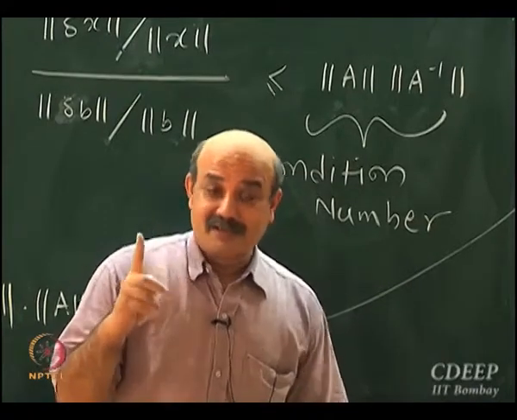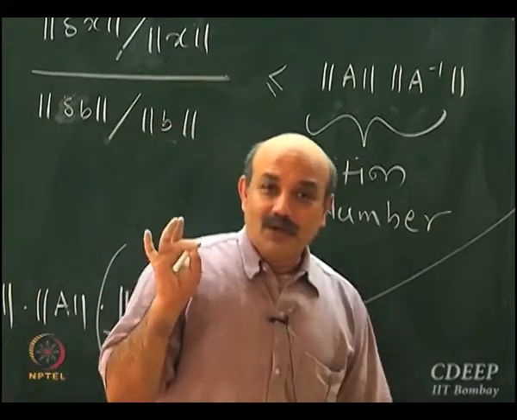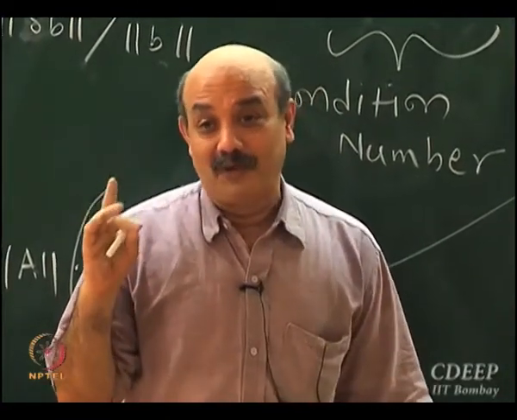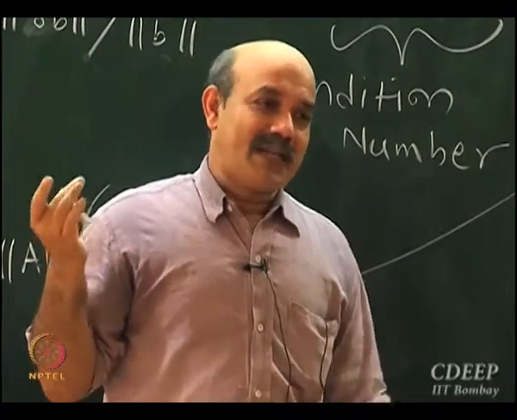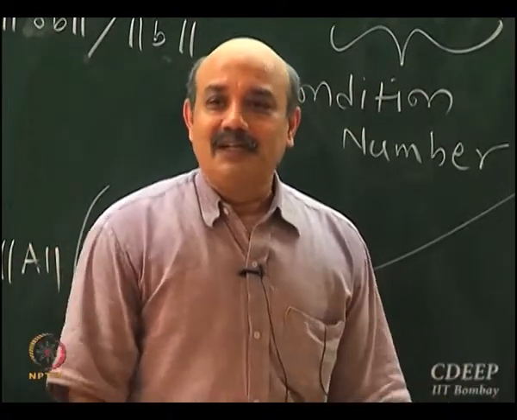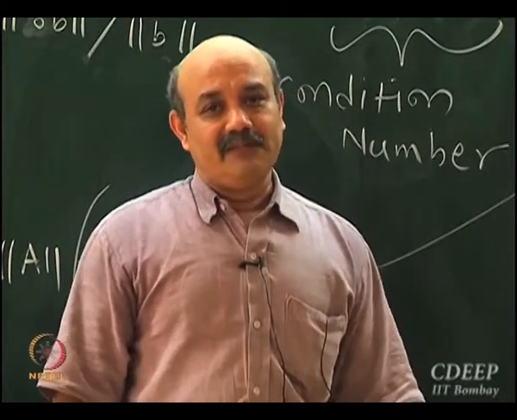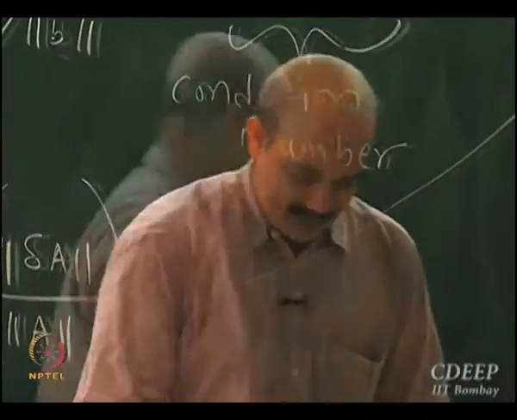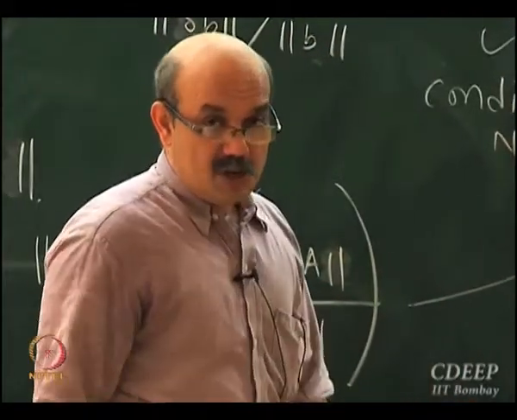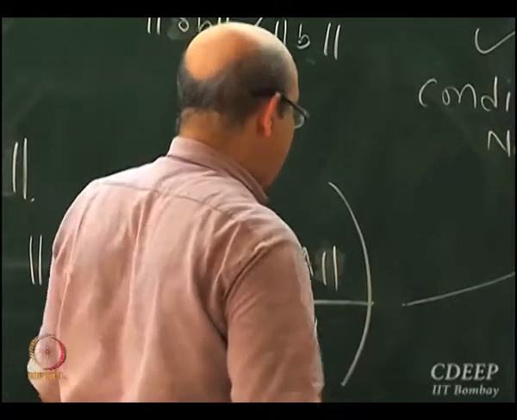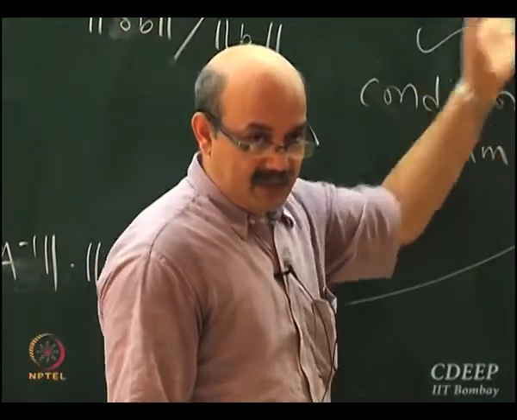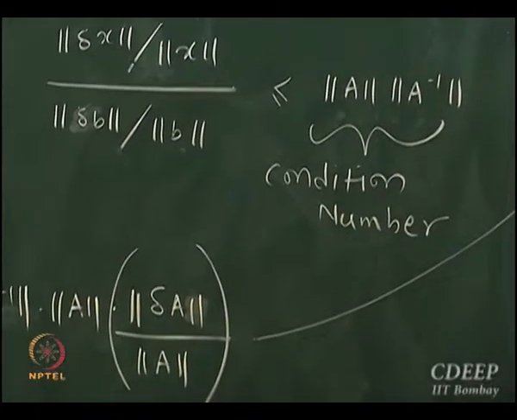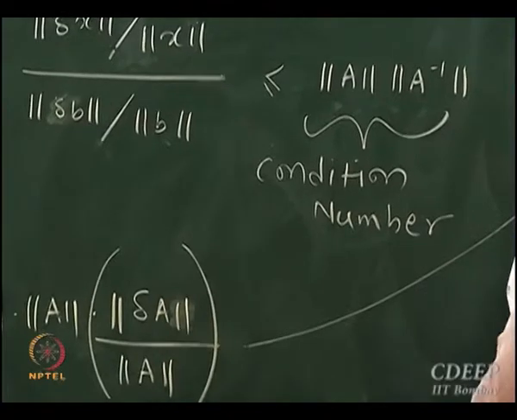Nevertheless, MATLAB is a wonderful software. It can give you reasonably accurate solutions up to condition number 10 to the power 5, 10 to the power 6. But MATLAB starts breaking down if you give a matrix whose condition number is very, very large. Now, how do you get more insights into condition number? We'll use the 2 norm to compute the condition number. So I want to get an estimate of this quantity, right? So let's do it using 2 norms.